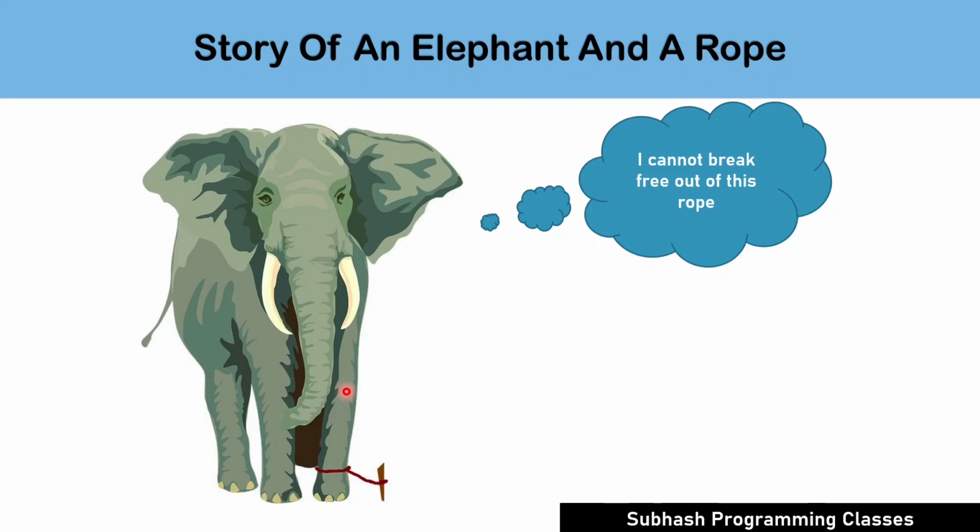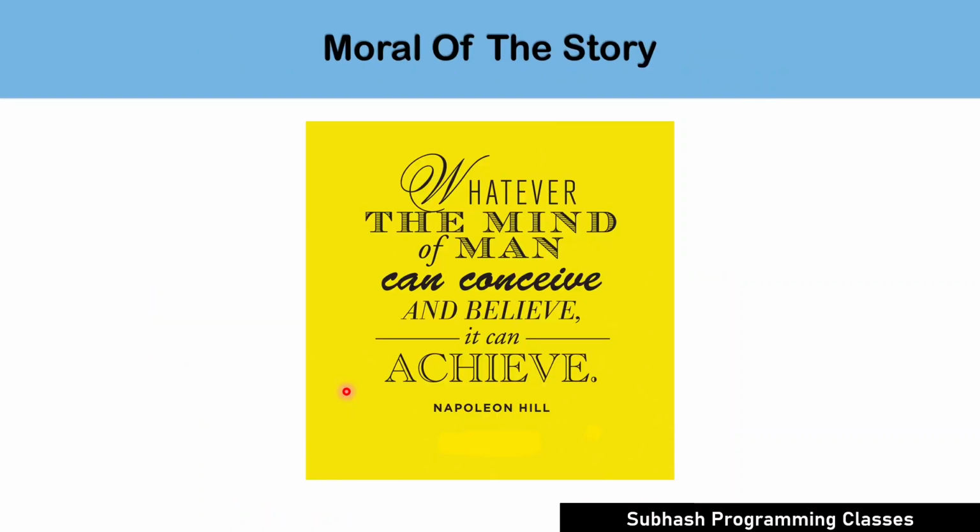So, what is the moral of the story, my dear friends? The moral of the story is that no matter how much the world tries to hold you back, always continue with the belief that what you want to achieve is possible to achieve. In other words, you can definitely break out of your mental block that would have been created in the past for various reasons. Believing you can become successful is the most important step in actually achieving it.